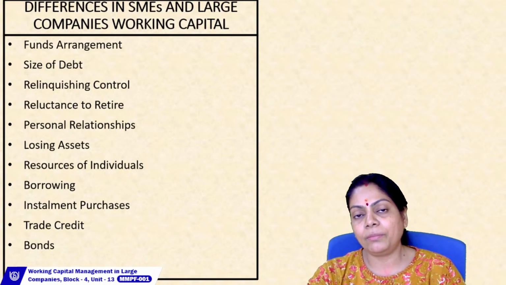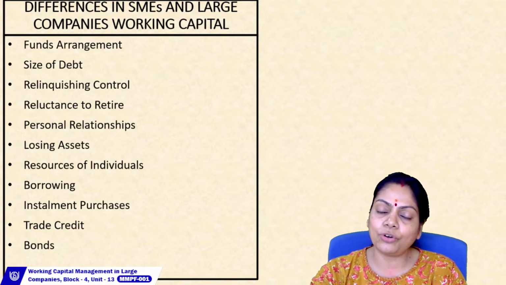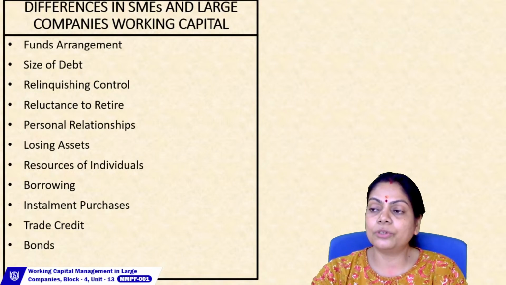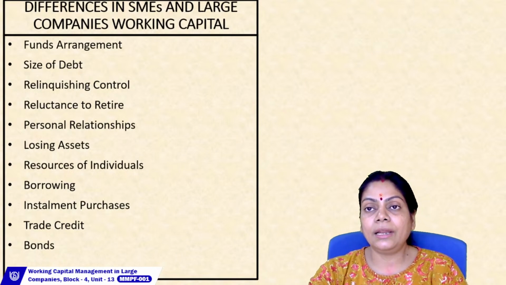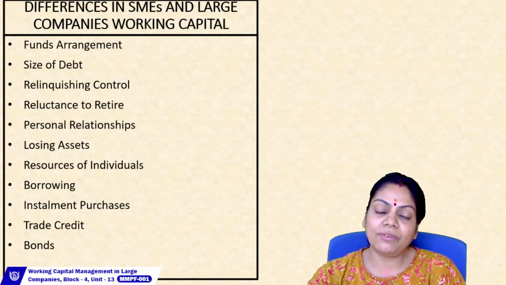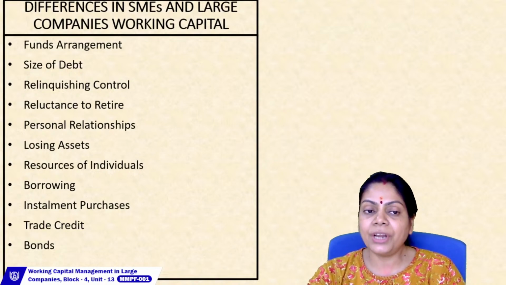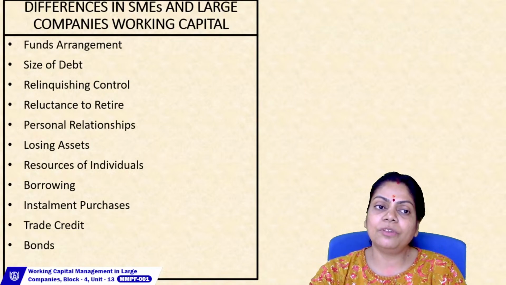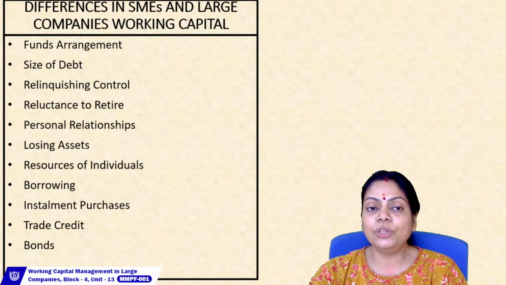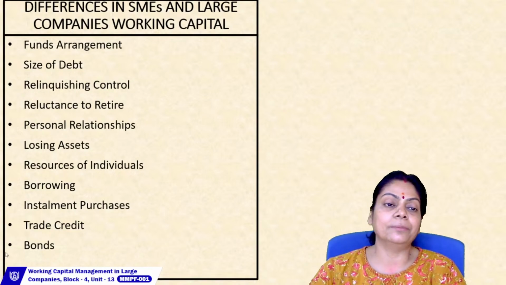You can take a loan from a bank, which is a short term bank loan, or you can take a loan from the public through bonds. When you are taking bonds, the contractual obligation is very severe, and there could be several kinds of covenants placed on you because of that. So your working will be severely limited through the use of bonds. Small companies never think about going for bonds to finance their working capital.